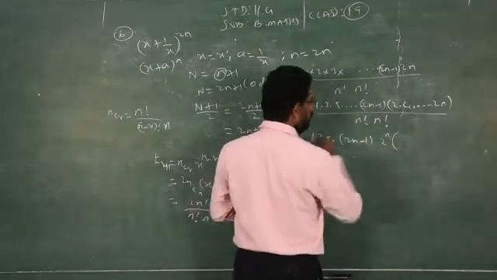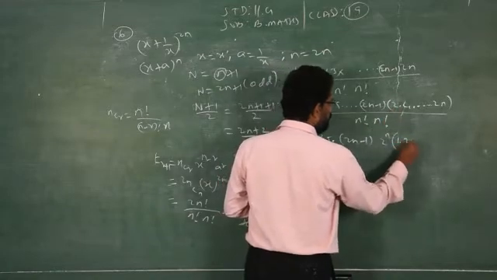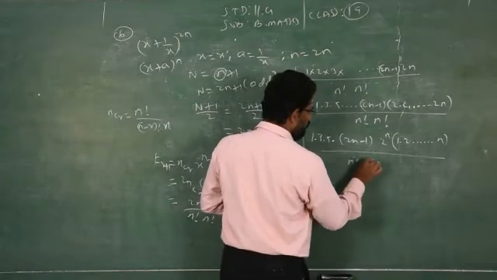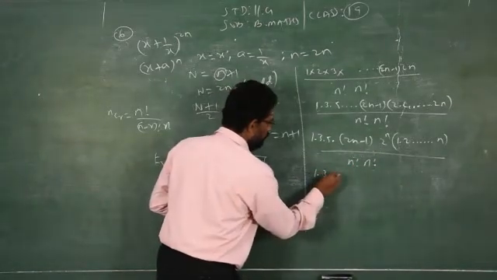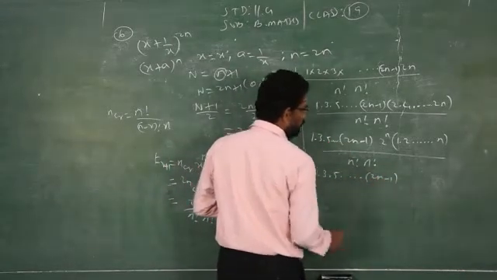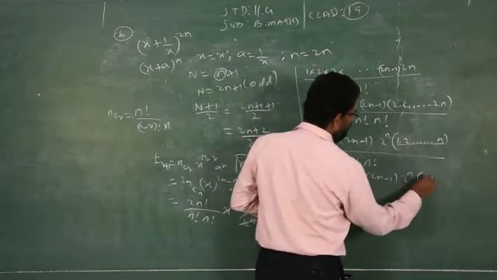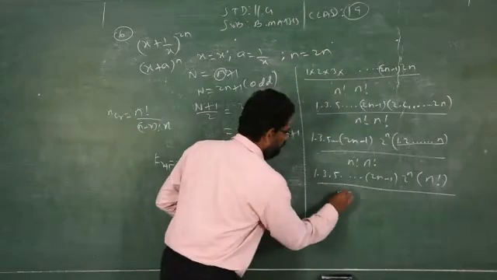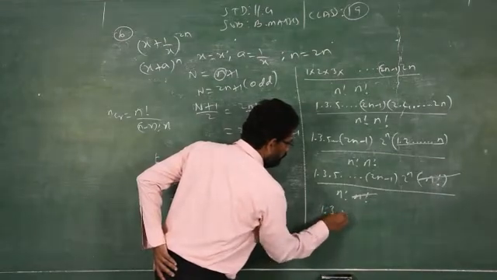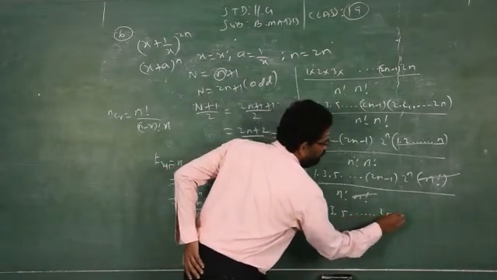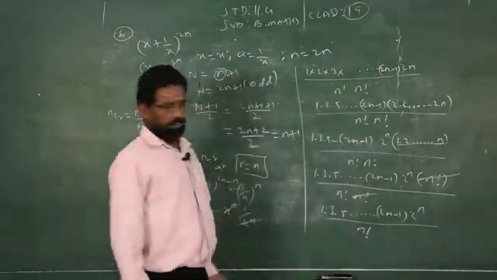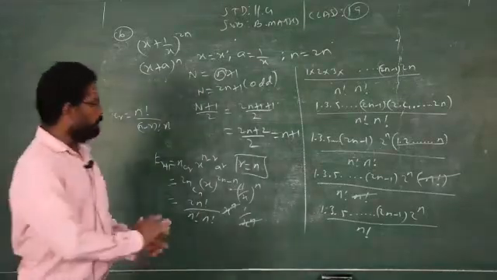So, I am taking 2 power n outside, 2 will become 1, and up to n, I take 2 outside, so what is the remainder? n, divided by n factorial into n factorial. So, 1 into 3 into 5 into up to 2n minus 1, 2 power n, this is nothing but n factorial by n factorial into n factorial, these two get eliminated. Then 1 into 3 into up to 2n minus 1, 2 power n by n factorial. See, this is your required answer. I have to prove this one.